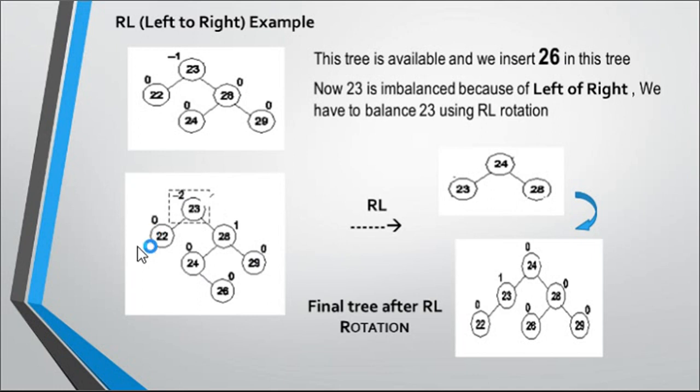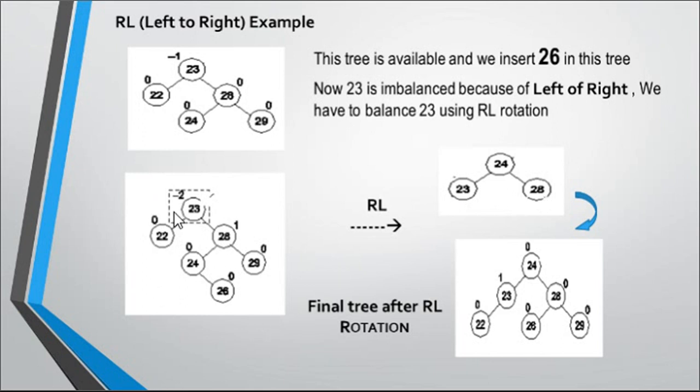Now after addition of this, suppose I calculate the balance factor, it is minus 2, so this is imbalanced. This is imbalanced because I added something to 24. So this is RL rotation, right of left, I have added something over here, so 26 is added over here, so I have to rotate with RL rotation. Now this is A, B, C. So I'll consider only these three nodes. C should be the root. Now C is 24, 23 at left and 28 at right.